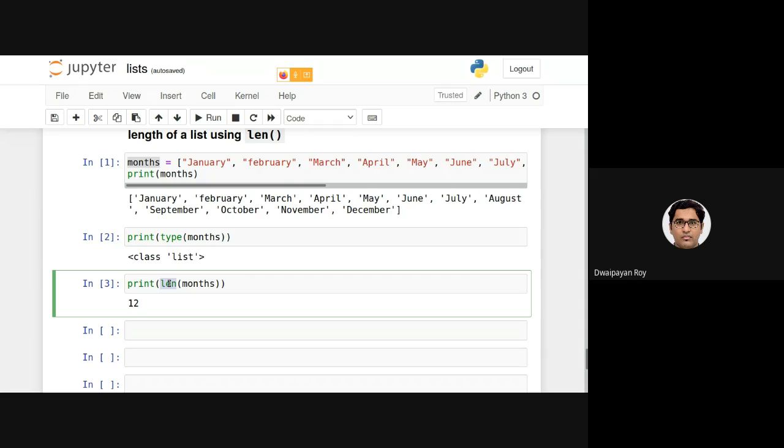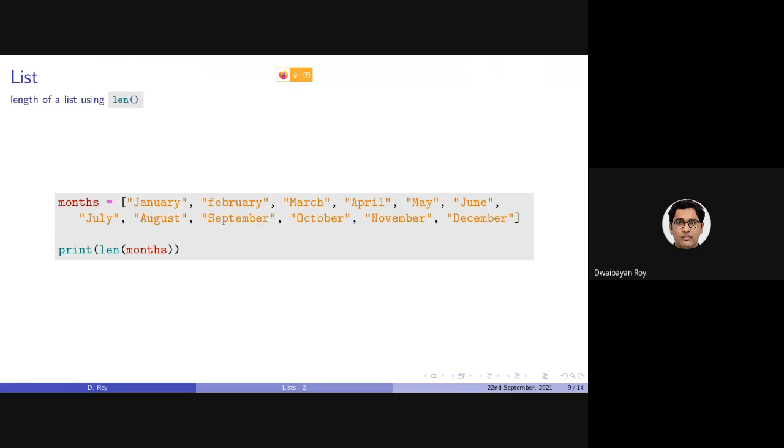Now, what is this set? What is this dictionary or tuple? We will be discussing later. Those were the other 3 compound data types together with list, which are a basic foundation, basic feature of Python, which is not actually present in other languages.